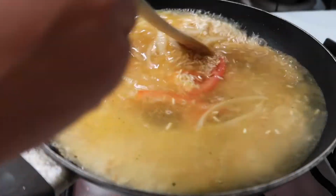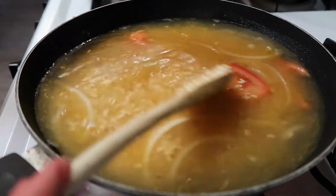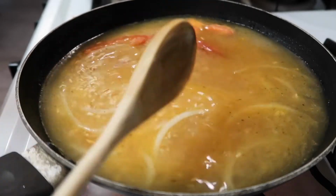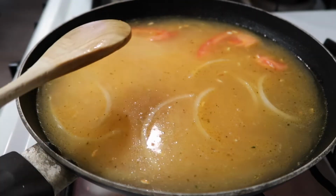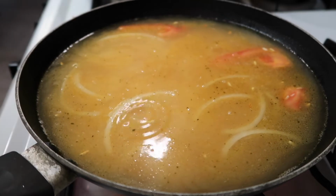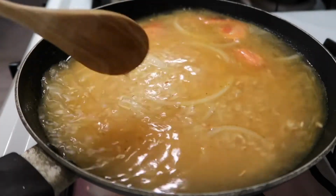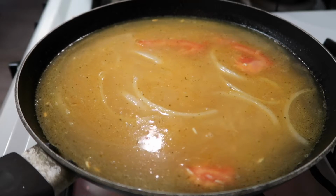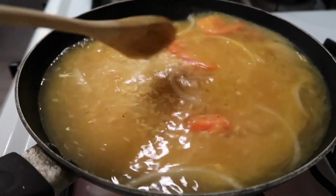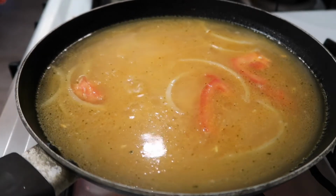Okay, and I used 1.5 cups of rice, so I added 3 cups of water. Now we're gonna let that come to a boil. When it comes to a boil, I'm gonna cover it with the lid and then put it on low heat. I'm gonna taste it. Yeah, that's definitely good. So once this starts to boil, which you see it starting to boil already,